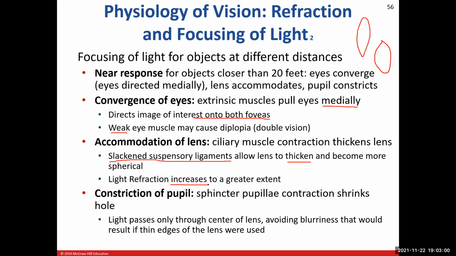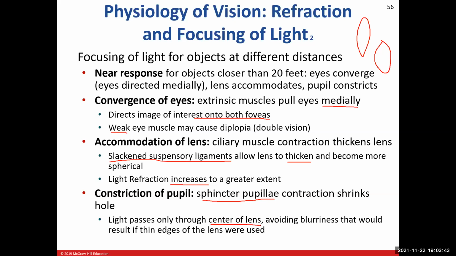And then finally, we get pupillary constriction. So what happens is the sphincter pupillae muscle, that's that muscle that sits there in the iris, is going to contract. It's going to make the size of the pupil smaller. And the reason why is because that lets less light in, but more so, it focuses whatever light is coming through on the center of the lens. And that keeps the image from being projected on the periphery of the retina. Because again, on the periphery are where our rods are. Well, they're not going to give us a very sharp image. They're going to be more of a blurry image.